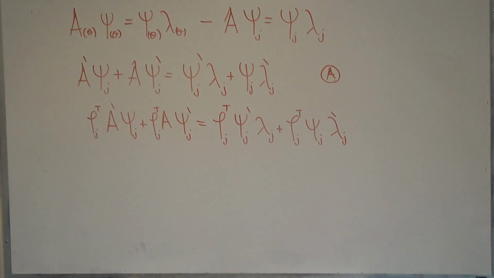Okay? That is our equation at this point. And now, let's see, what do we want to do to simplify? Well, okay, we can do a few things. We can say right away